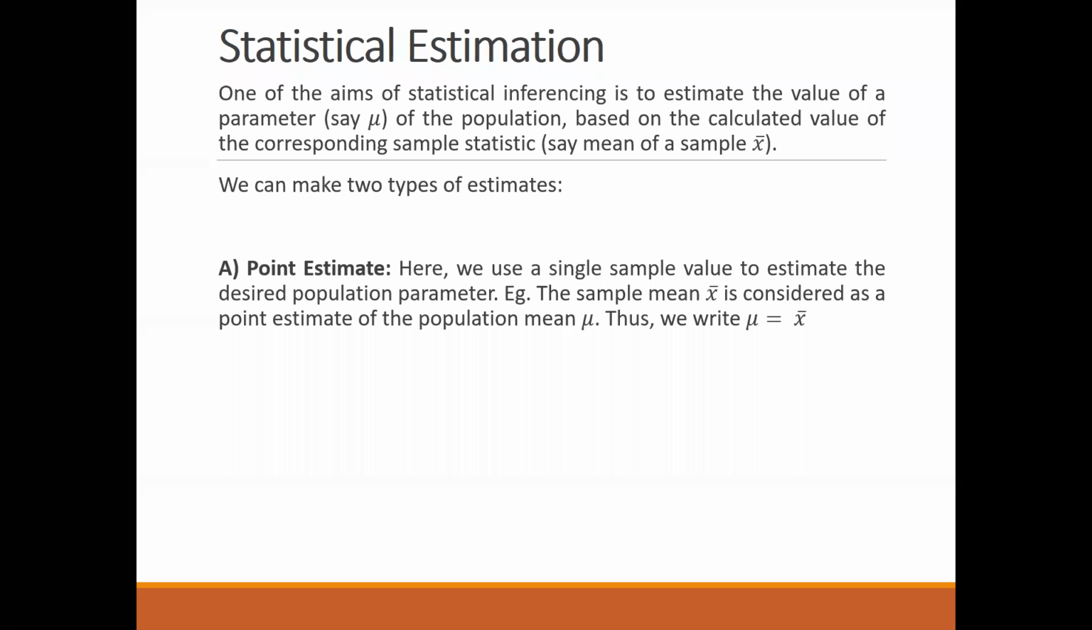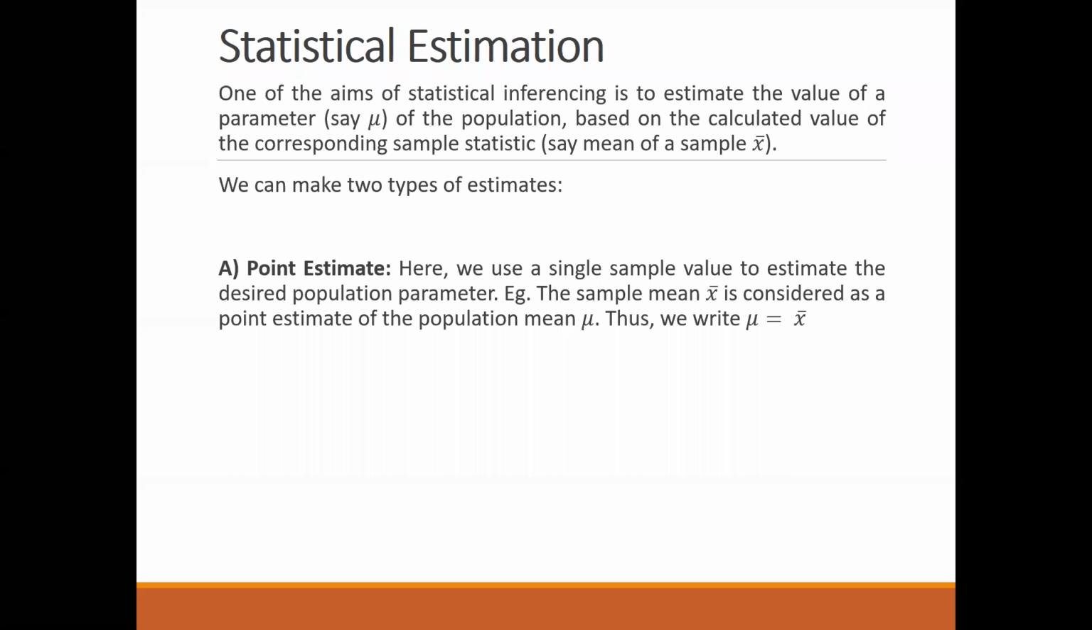Now, in case of point estimate, we use a single sample value to estimate the desired population parameter. For example, we have taken here the sample mean x bar as the point estimate of the population mean mu. So we can directly write mu equal to x bar. Here it is a very simple technique. The majority of the estimation we will be using will be the interval estimation,